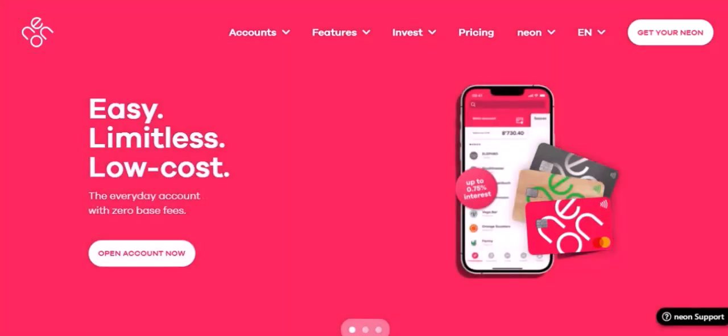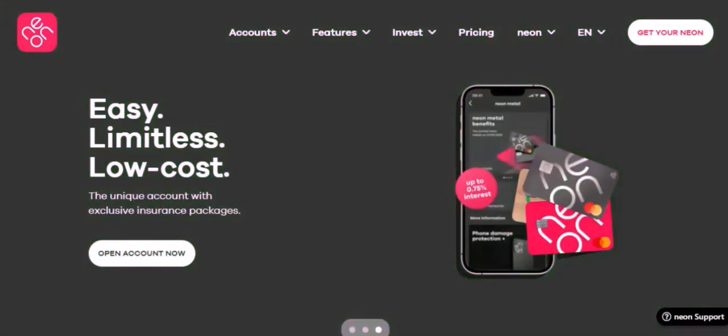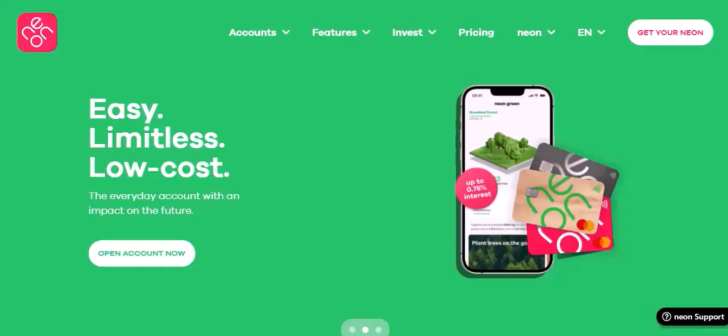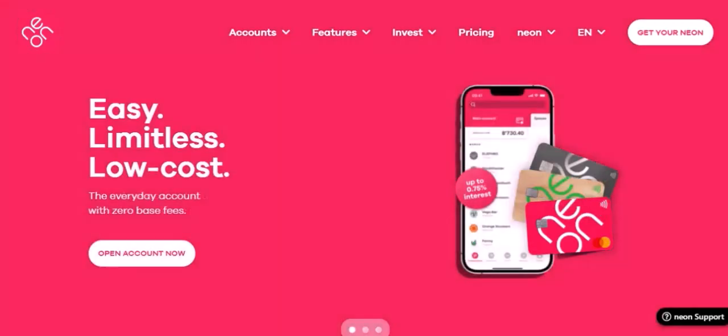Ever found yourself in a digital labyrinth, desperately searching for the exit button, only to be met with more menus and less clarity? We've all been there, especially when navigating new platforms. And if that platform happens to be Neon, you might be wondering, how exactly do I log out of this thing? It's a question that seems simple enough on the surface, but the truth is, not all logout procedures are